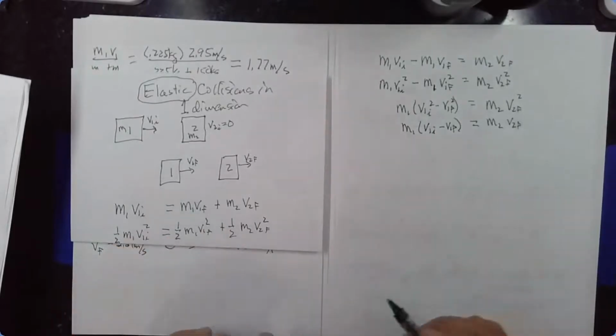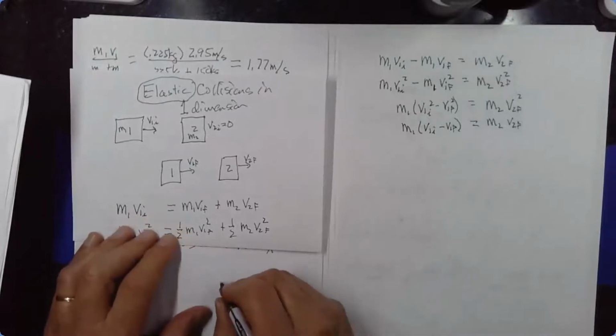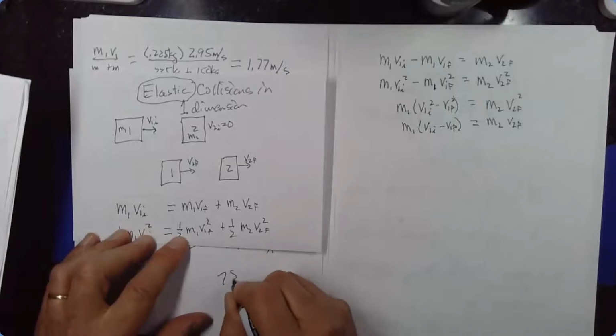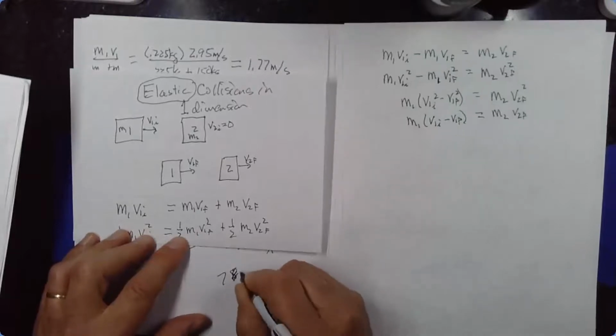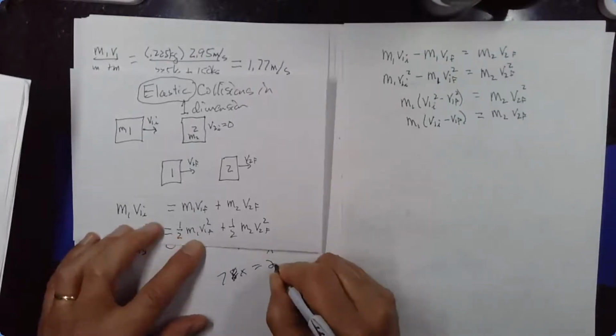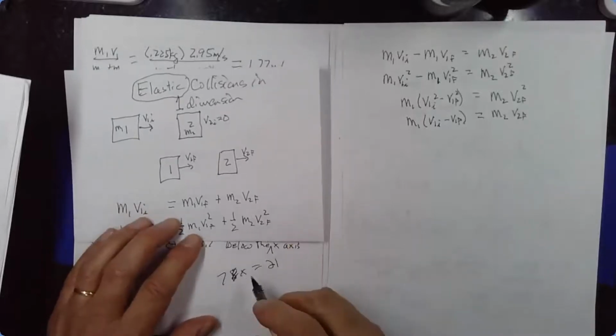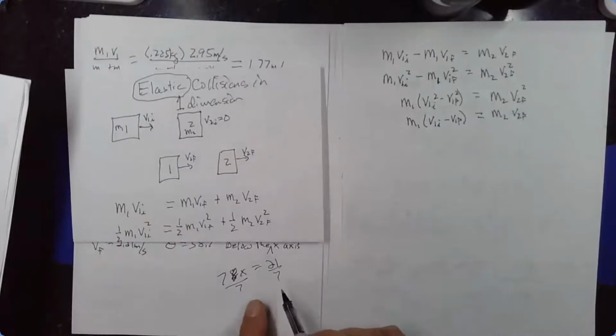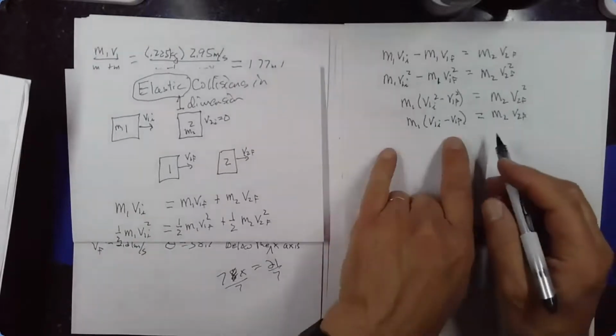Like when you're doing algebra, if you've got an expression that looks like 7x is equal to 21, it's okay to divide both sides by 7. You'll still have the same equation, and you'll get x is equal to 3. Okay. I'm going to divide